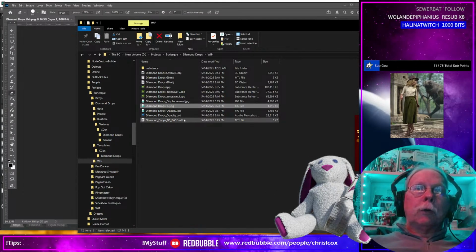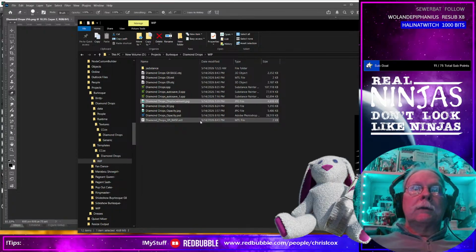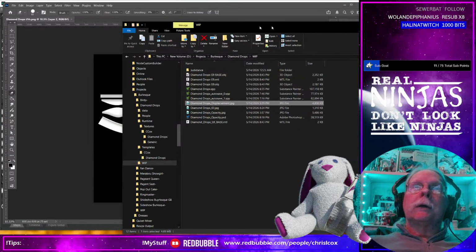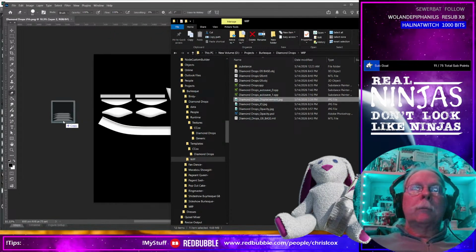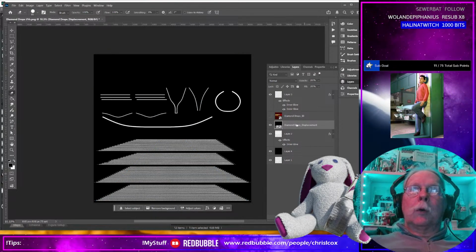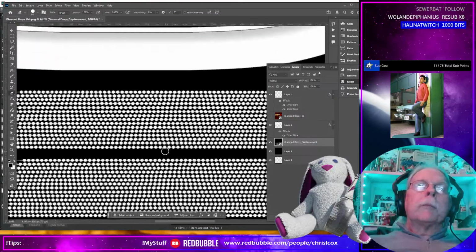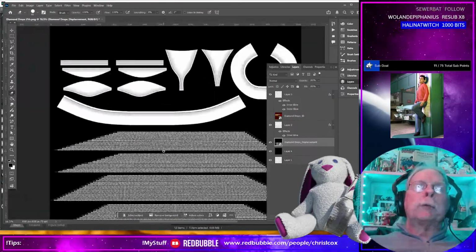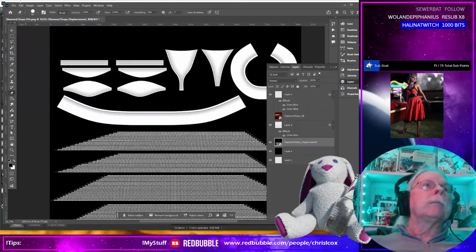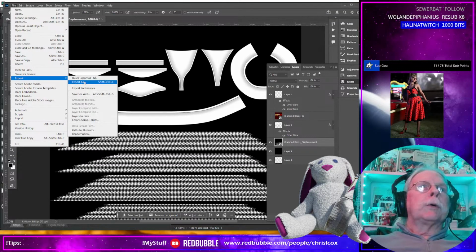So over here in WIP, I have a displacement map. This is the one for the strings. I'll combine that with what we've got in here. I think I can just screen that. Or actually, I can just drag you to right about there. That'll work. And then say this is one big happy displacement map. Export as